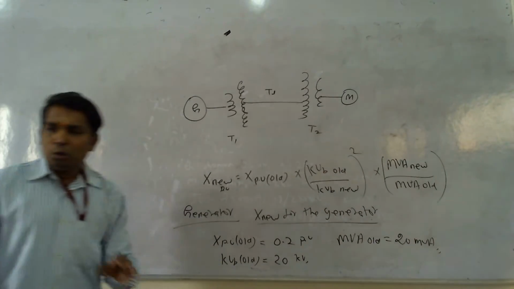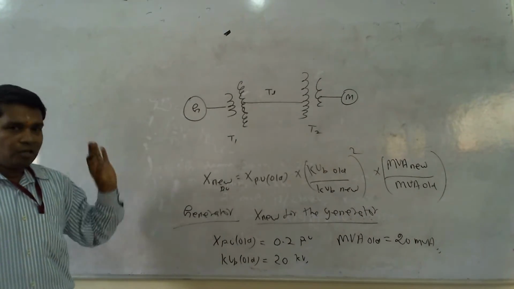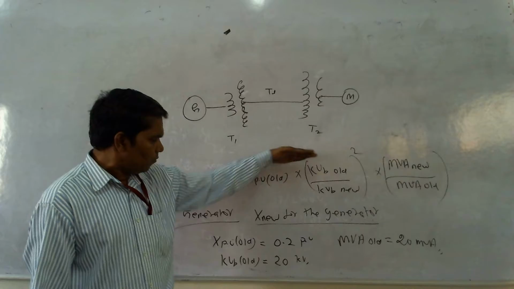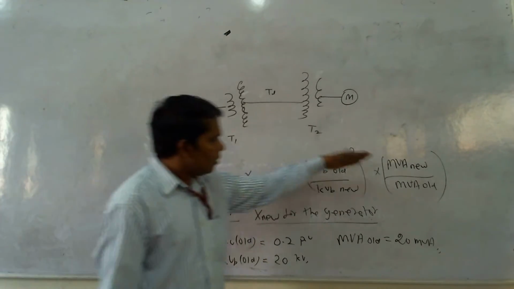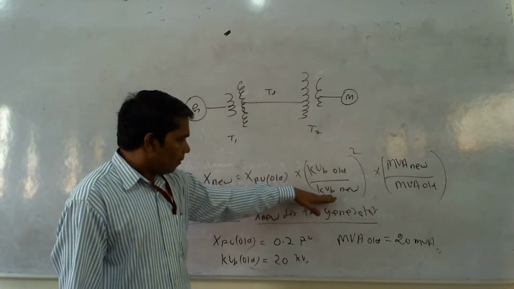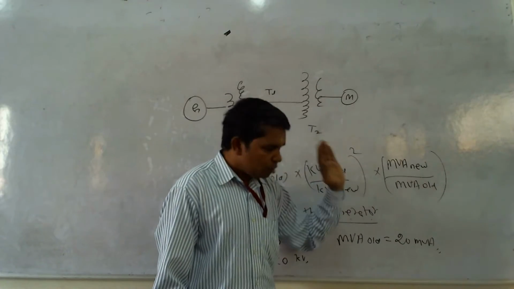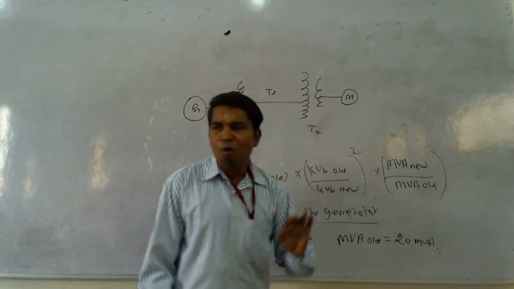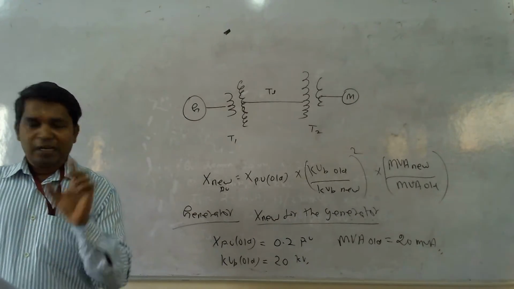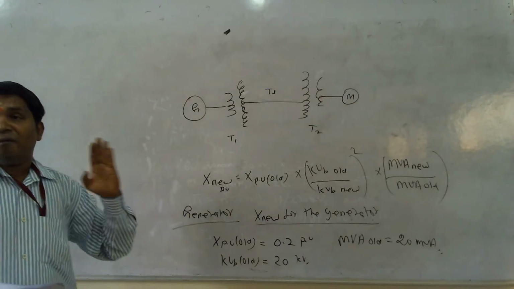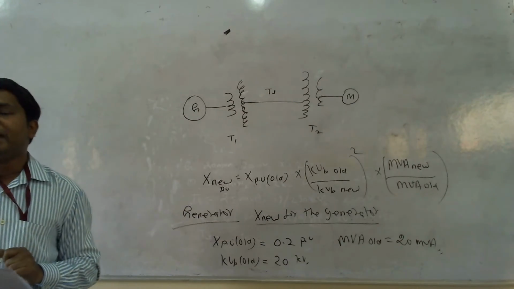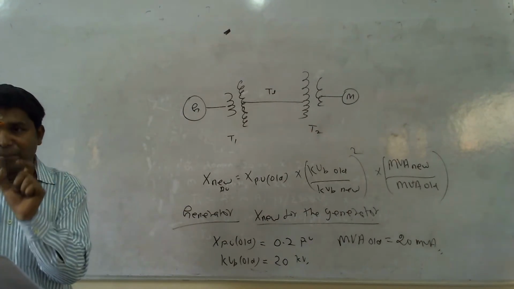So now to determine the reactance value, we have the old value of reactance, we have the kilovolt base old value because it is given, and the megavolt ampere old value is given. So what about the remaining values? The remaining values are kilovolt base new and megavolt ampere base new. How do we calculate the megavolt ampere base new? This value needs to be calculated. The general rule is, in the given system, which is the highest value? That value will normally be taken as the megavolt ampere base new value.